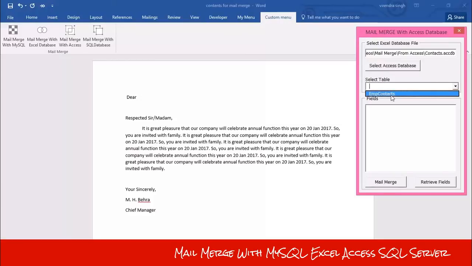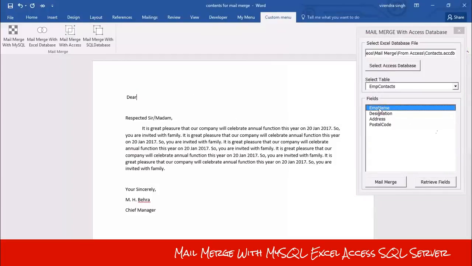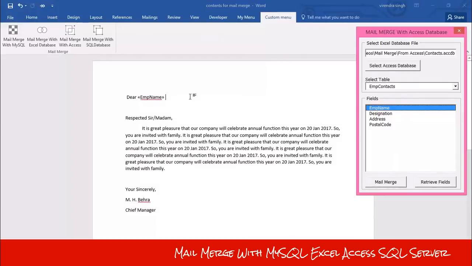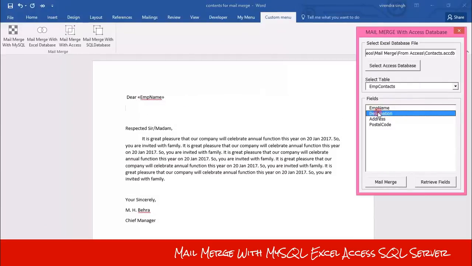There is only one table in this database, so I select it, then retrieve fields. All the fields have been retrieved and inserted into list box 1. Now I put these fields into my main document by just double clicking.